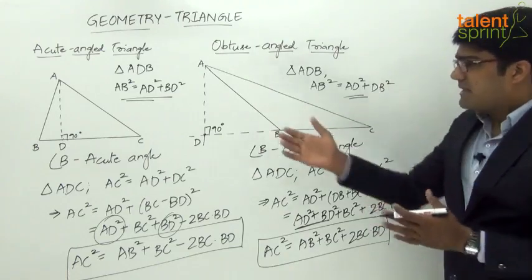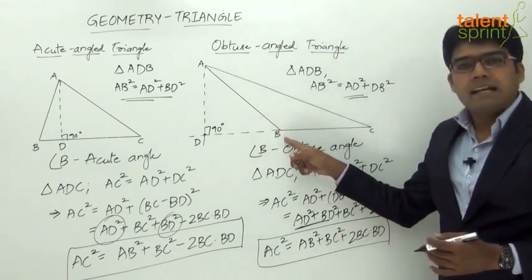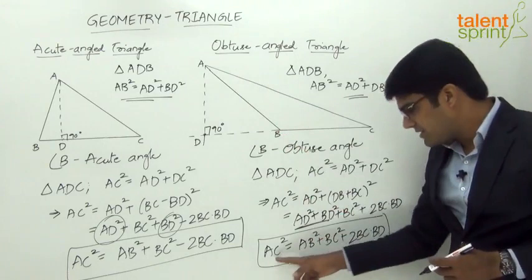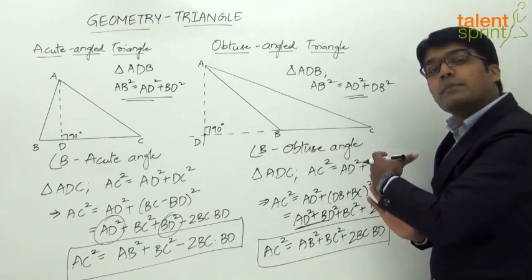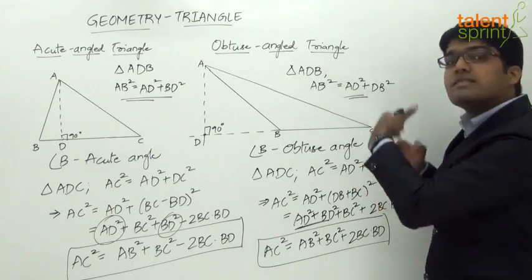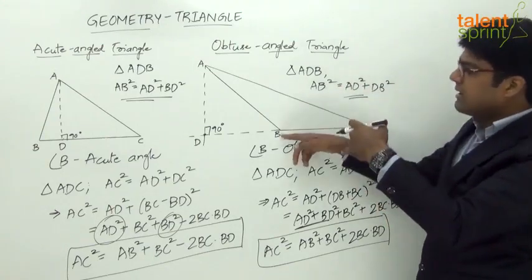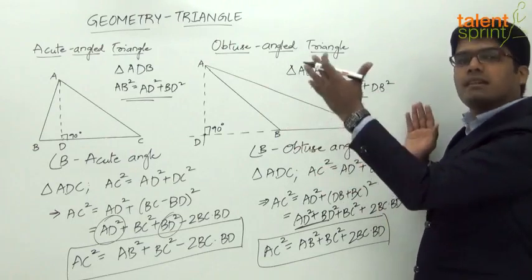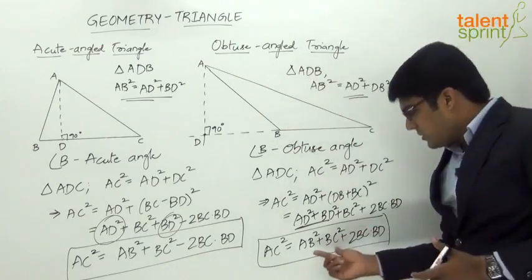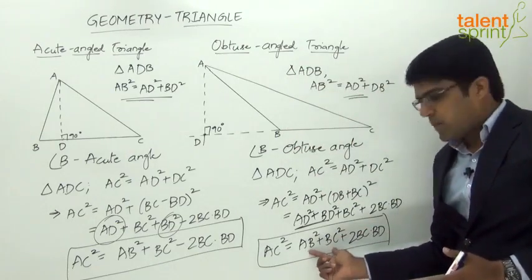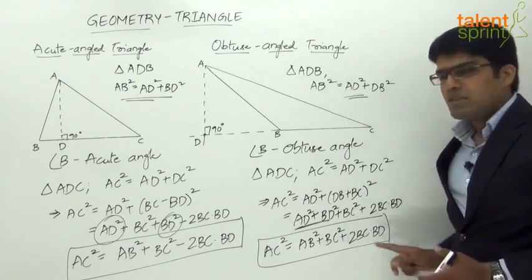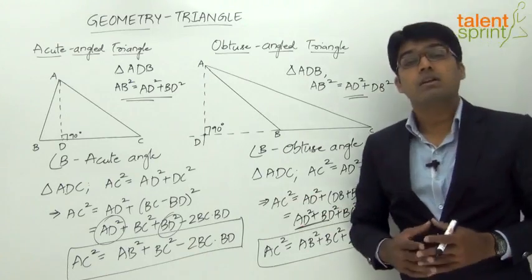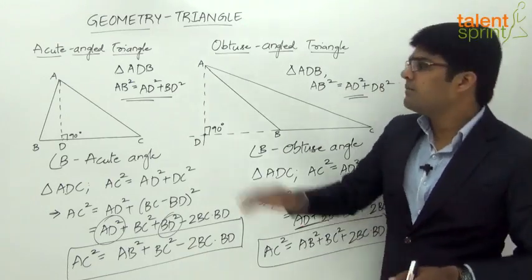And like we have discussed earlier, if this is a 90-degree angle, if this is a right angle, what happens? We get AC square equals AB square plus BC square. But this is more than 90 degrees. So obviously the hypotenuse, not exactly the hypotenuse, the opposite side, the side opposite to angle B, which is an obtuse angle, should be more than what happens in a right angle triangle. So in a right angle triangle, it is AB square plus BC square. But here it is a little more. What is that extra part? 2BC into BD. So these are two important relationships based on the application of Pythagoras theorem